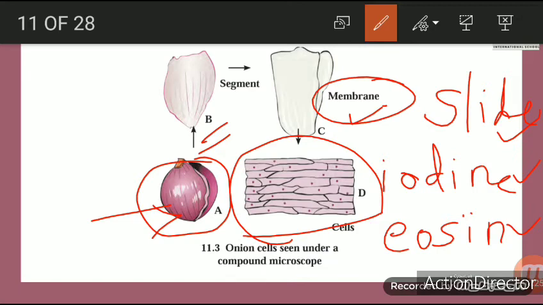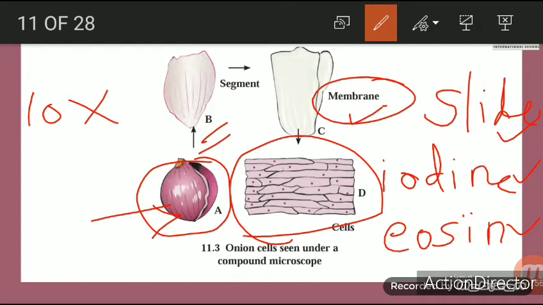10x objective. Okay, we have learned that objective lenses are of different powers. So 10x, what does it mean? 10x power lens we have to take, means 10 times stronger. It will give you a size 10 times more. Okay, so 10x objective we have to select, and before observing we have to put one small cover slip on